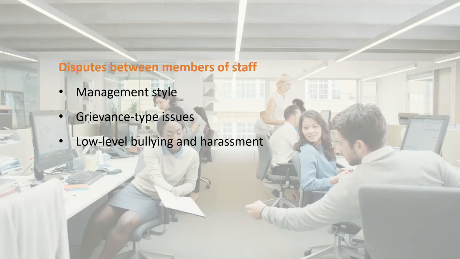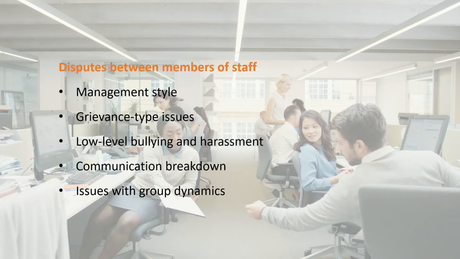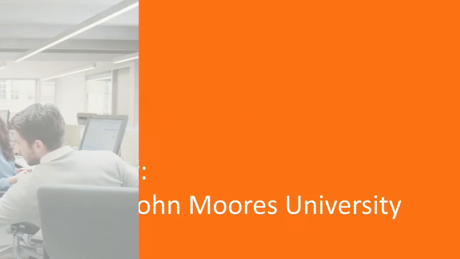So all those three things that you see on the screen there are commonly addressed through mediation, but they commonly occur between members of staff. The classic communication breakdown. And then when we're talking more than just one-to-one disputes, we have issues with group dynamics as well. So where we have teams or faculties or departments within the university, it can be around group dynamics amongst 4, 5, 6, 7 people. These things can give rise to disputes. So they're all the sorts of things that can be addressed using mediation. So stuff between students and staff, and then disputes between members of staff. I've done that a bit quickly so that we can get on to hearing about actually a real case study.